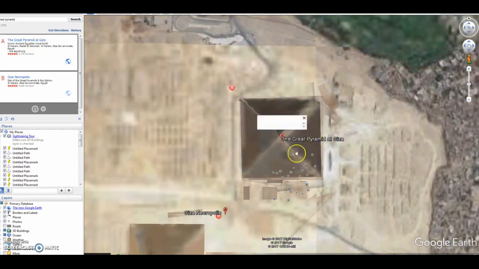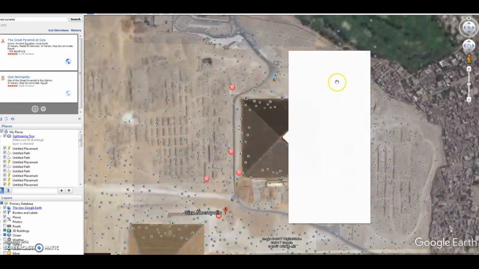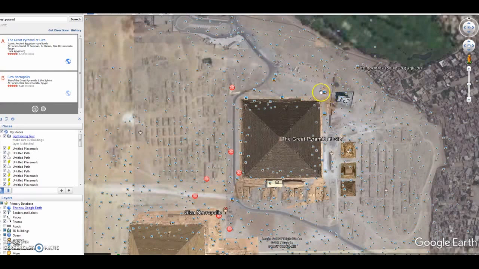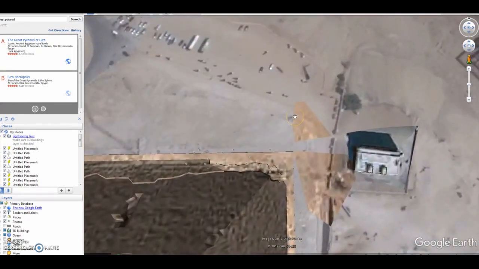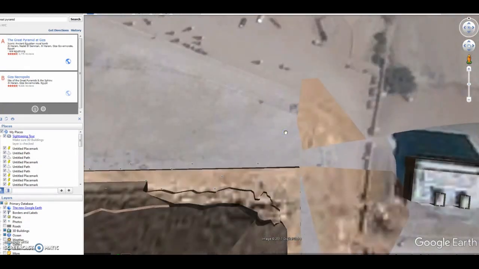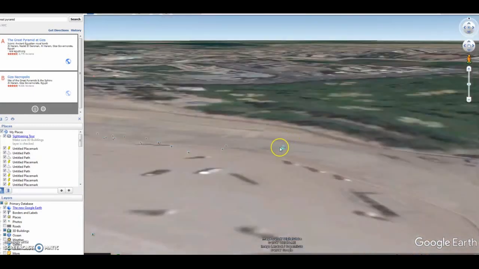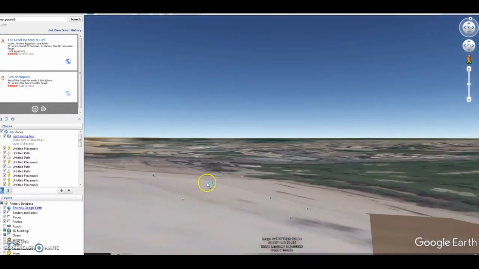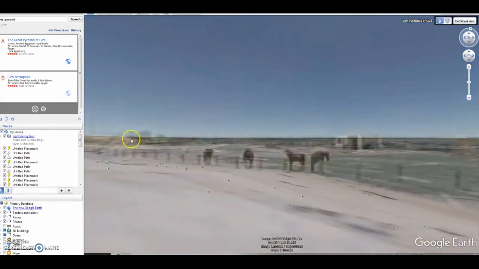And so what we need to do is look at the pyramid as a three-dimensional object, and more specifically we need to look at it from the northeast corner. And in those diagrams I've shown, but let's, for instance, so if you're standing at the northeast corner of the pyramid,